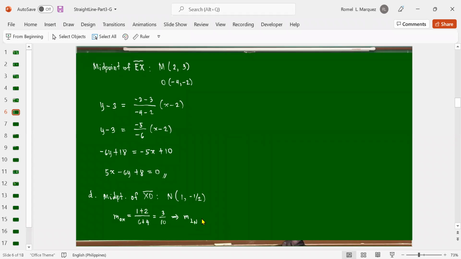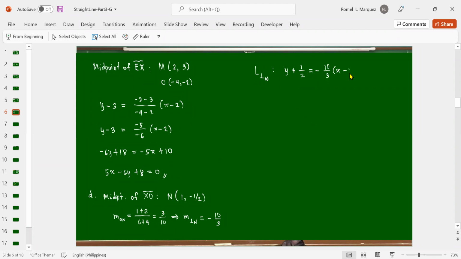Passing through N, the slope is negative 10 over 3 because it is perpendicular to OX. So we can get the equation of the line perpendicular to OX passing through the midpoint of OX. That is the perpendicular bisector. Y minus, it contains this point, so y minus negative 1/2 is equal to the slope, negative 10 over 3,